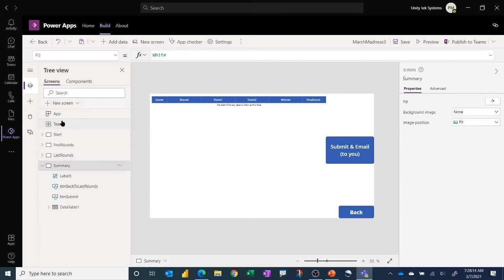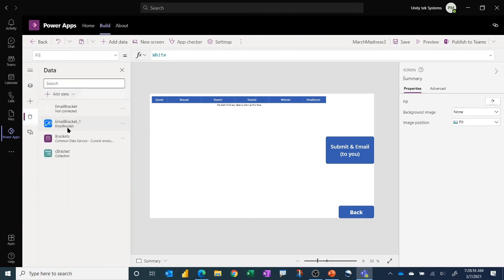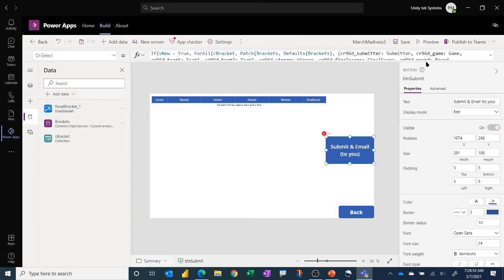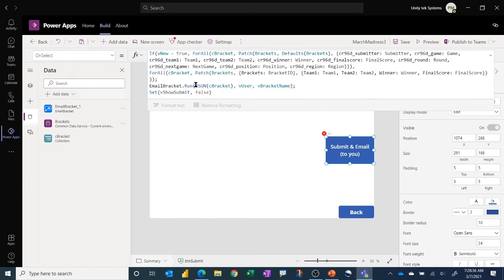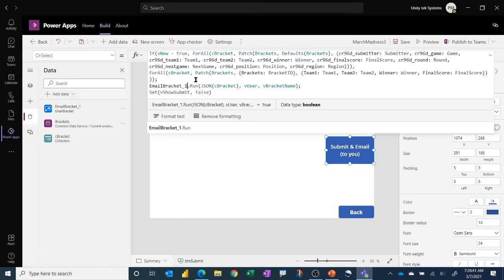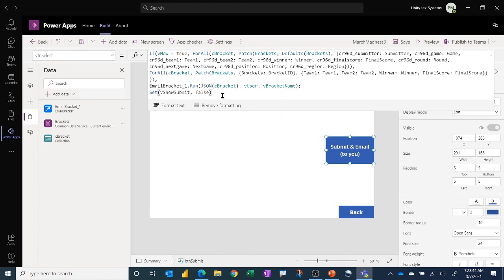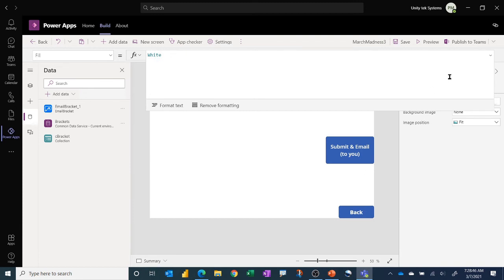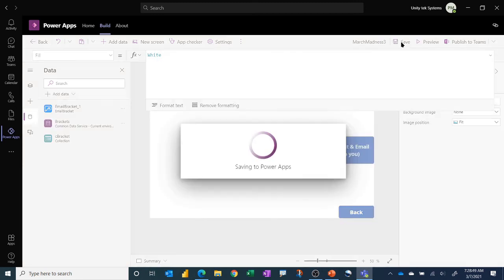And what you'll notice if you go over to your data sources here is that the original flow wasn't connected, and I think that's an artifact of the way it's importing into Dataverse for Teams. So you can actually remove that one, and it's made a new connection to that same flow that did come with the import, and you see it put an _1. So what you can do here is just come to this here and add the _1, and then it'll reference the now connected flow, and the email should work. Okay, and then we save that,